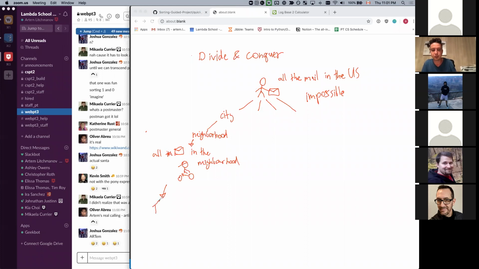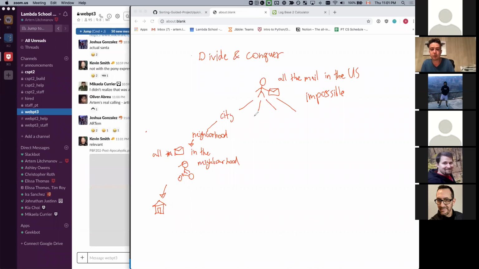To an individual person's house. The problem ends up sort of being the same, except house in this case is neighborhood, in this case is city, in this case we're at the top of the chain. So with this divide and conquer